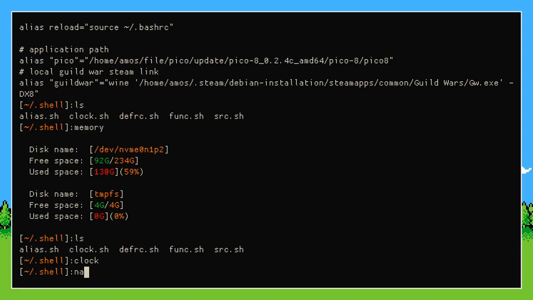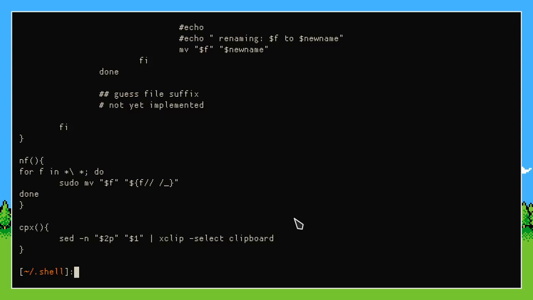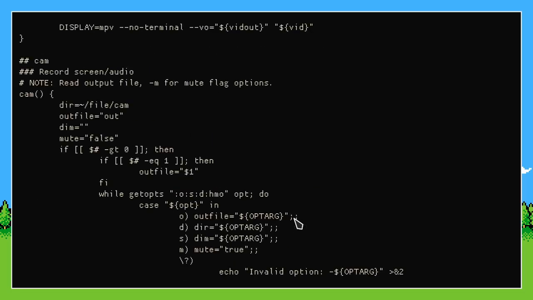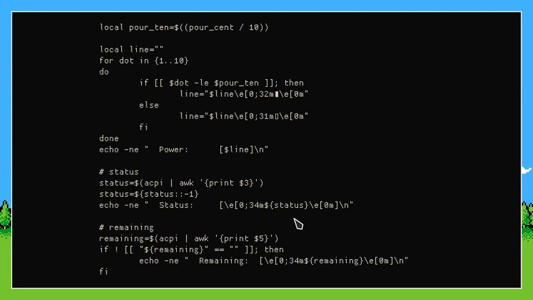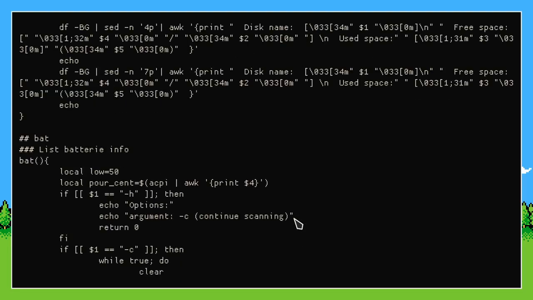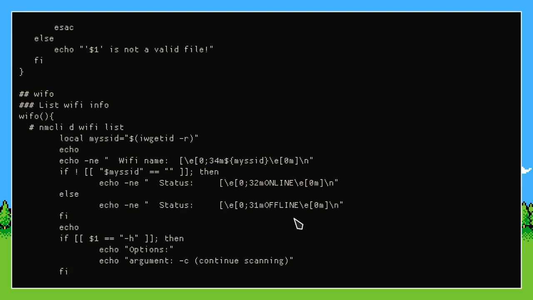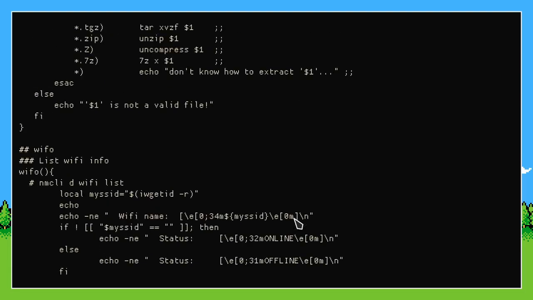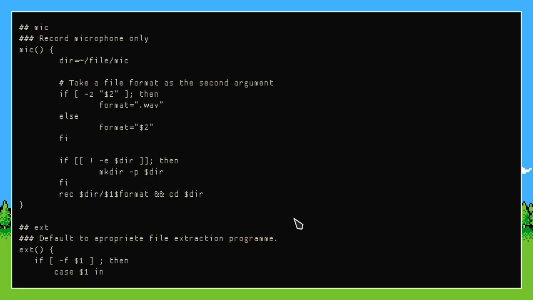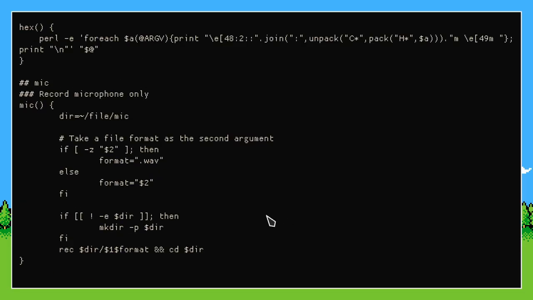And if I wanted, for example, to cut the funcrc, you have multiple functions that I made. Do I use all of these functions all the time? No. Did I make them? Yeah. Did I learn some useful skills making them that can be useful to me later on? Yes.